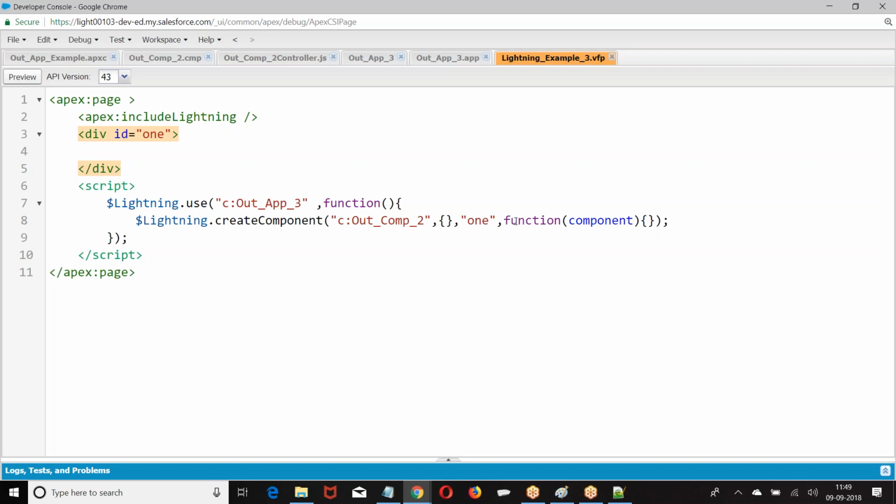Now what I want to do is, the function component is there, right? Here I am giving component dot set v dot value equal to. Okay, let me do this. First I'll give energy. Then I'll use some JavaScript actions and call that my value.